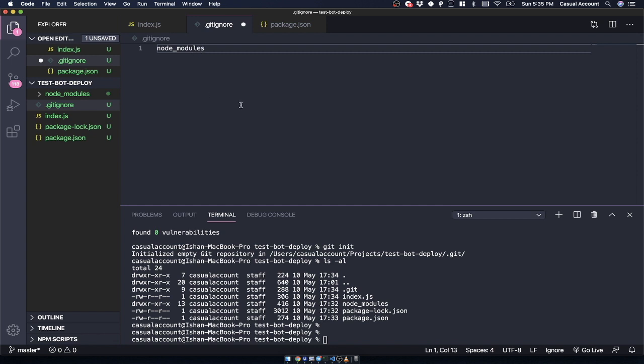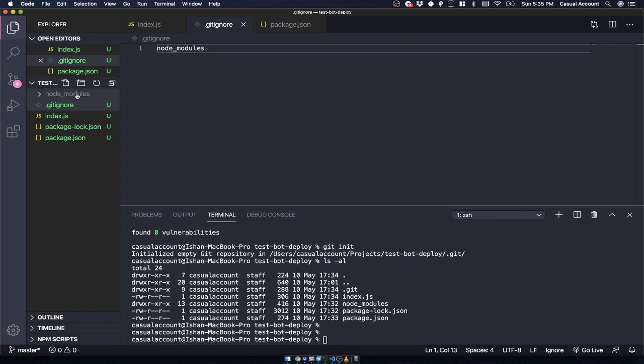So what this does is whenever you commit your code, we just want to commit our index.js and our package.json. You can also put package-lock.json also, because you just need index.js and package.json. That's it, nothing else. So all the files which you want to ignore, you put in .gitignore.